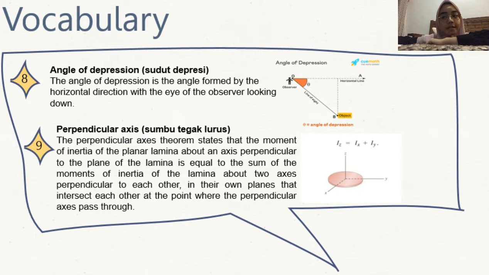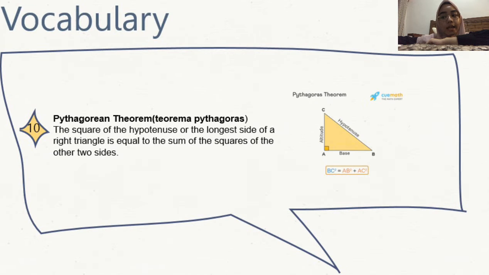For example, and the last vocabulary is Pythagorean theorem or Teorema Pythagoras. The Pythagorean theorem says the square of the hypotenuse of a right triangle is equal to the sum of the squares of the other two sides. For example,